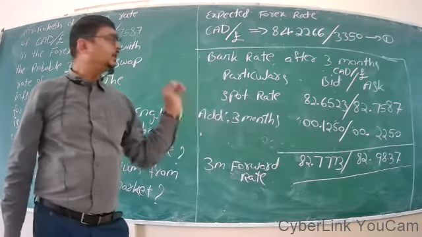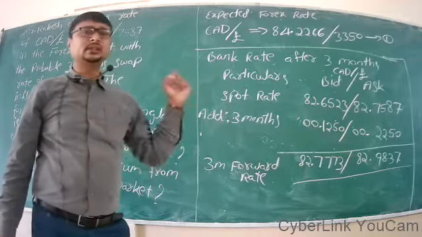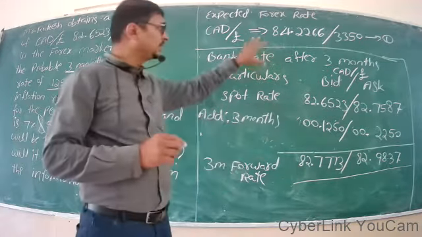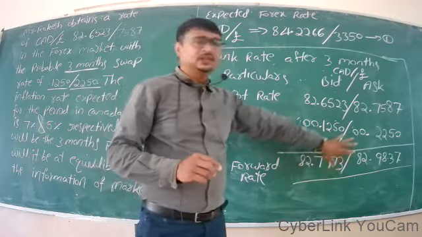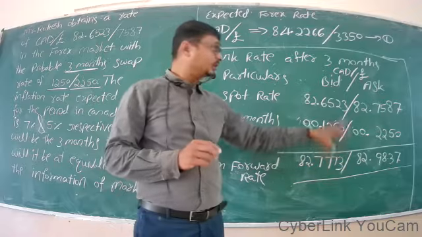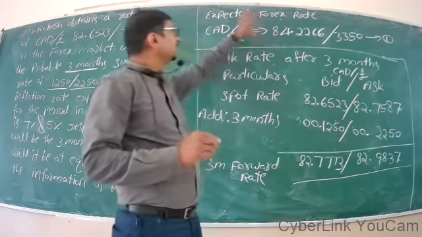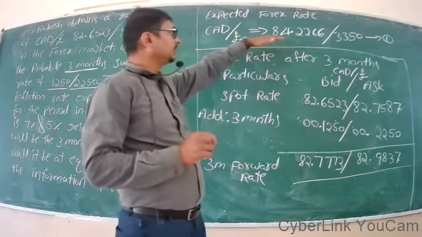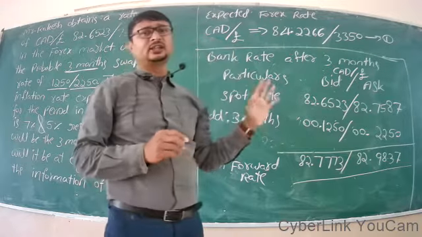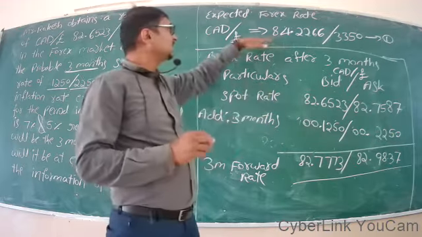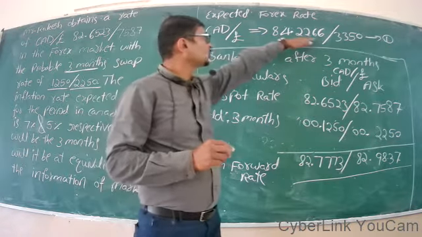If we deal in Canadian dollars, if we buy or sell Canadian dollars against the sterling pound in this bank, we will get this rate. That is the bank rate. And this one is the actual market rate after 3 months if we consider inflation. And because of the inflation, the exchange rate has become so and so.